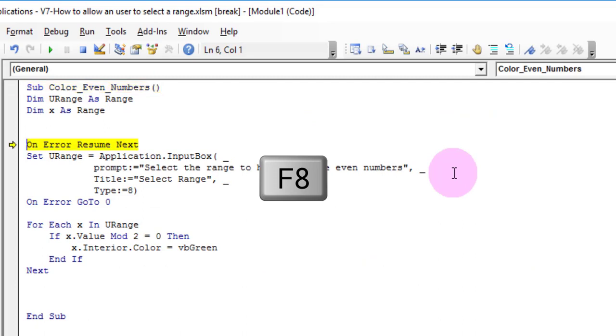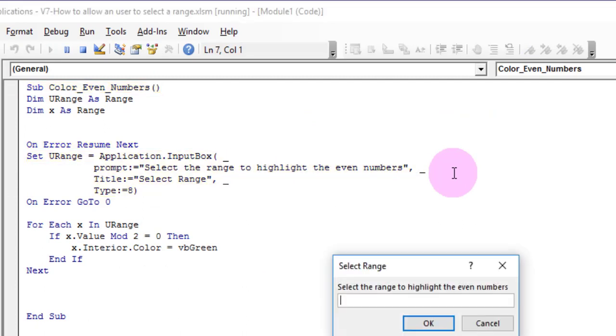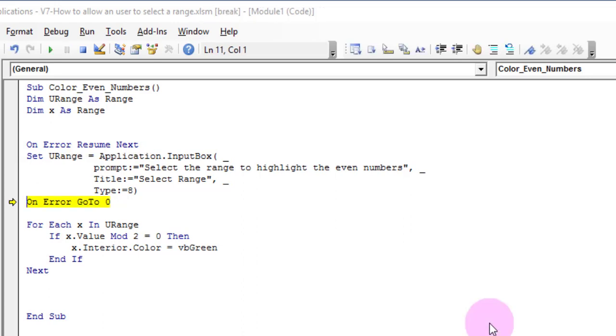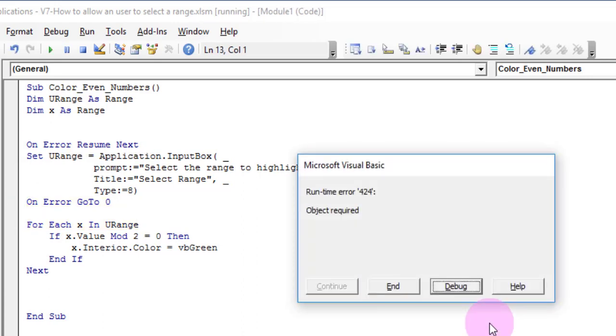Let us assume that the user doesn't select any range and clicks on Cancel. When the user does this, the macro continues to the next statement because of the On Error Resume Next command, but is unable to set the range and carry out the For loop. So it throws an error.